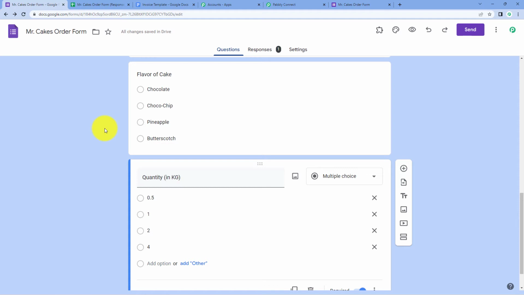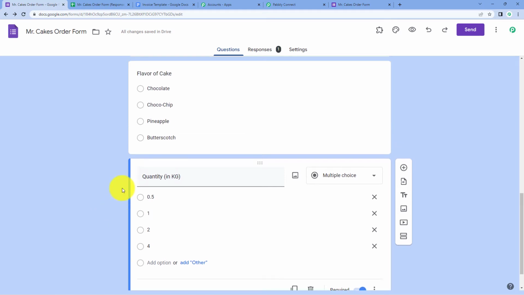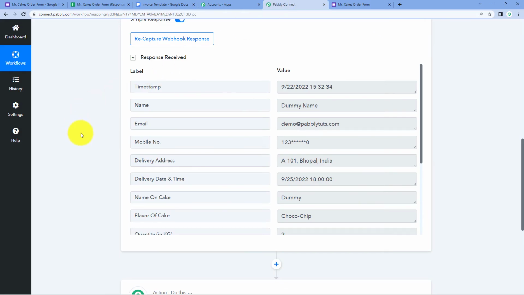So the total amount of the invoice can also not be static. And also not just the flavor of the cake, but the quantity of the cake is also a variable. Like the customer will be choosing what amount of cake they want, what is the size of the cake they want. So we have to basically multiply the price of the cake and the quantity of the cake to get the total amount. And we have to add all of those values into the invoice which we are going to create. Now, guys, but to do so, first we have to introduce the prices of the cake in this automation